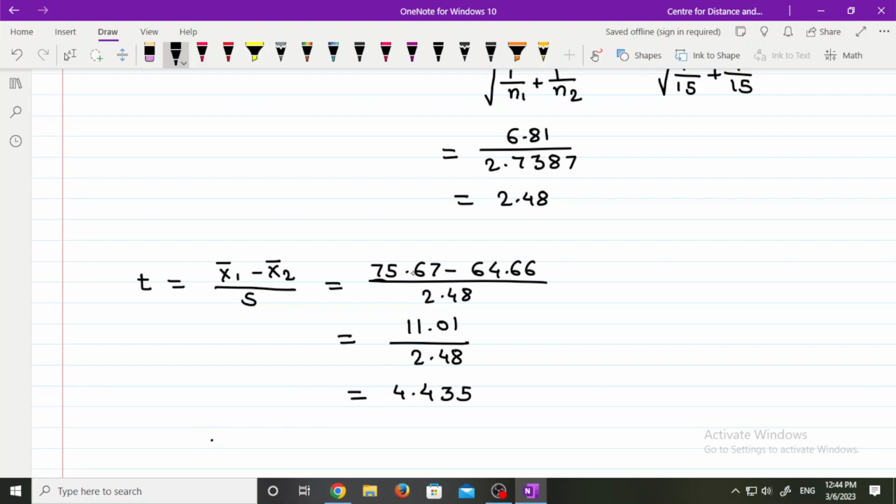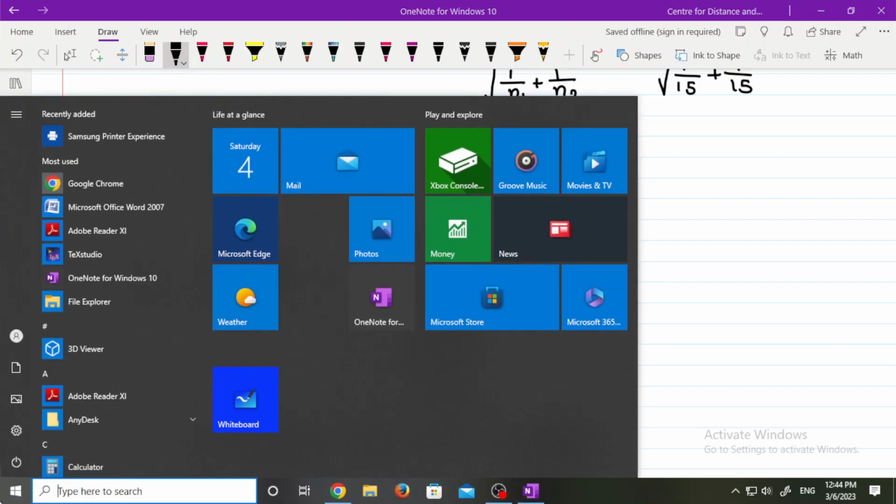That is, the calculated value of t is 4.435. Then we have to calculate